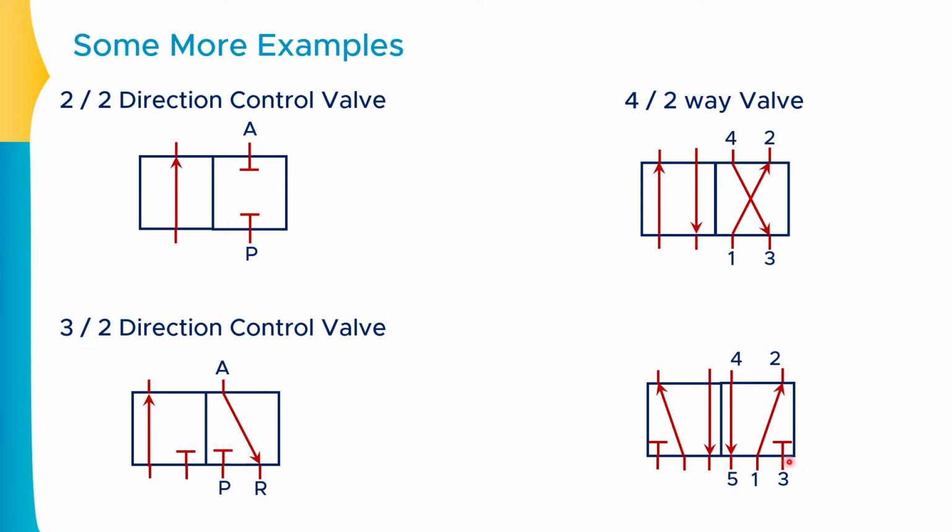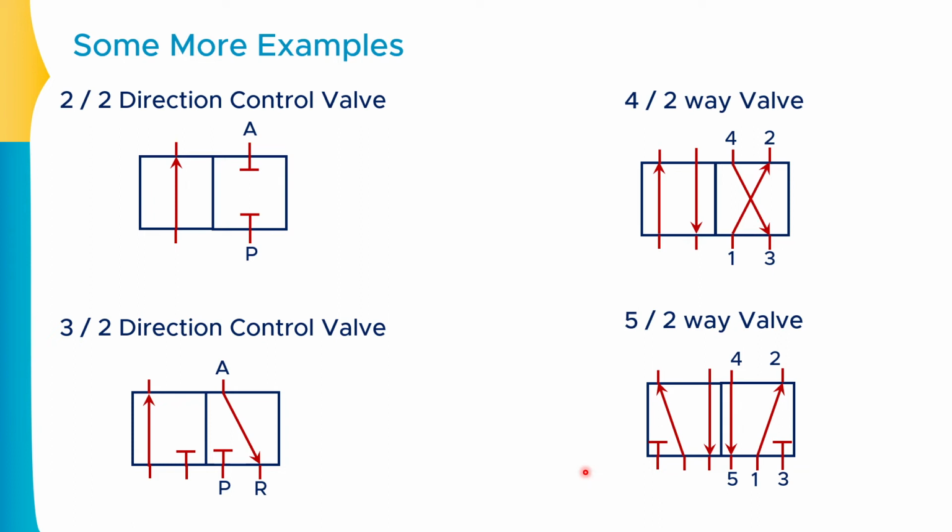And as you can observe, this is the very first position in which the fluid is returning from point number 4 to point number 5, and the fluid is going from point number 1 to point number 2, and third number is idle. So this is the first position, and in the second position, the fifth number is idle and fluid is going from point 1 towards point number 4, and it is returning from point number 2 to point number 3. So this is the second position. So there are total 5 ports available, 2 positions available. So we can say that this specific valve is 5/2 way valve, or say 5/2 DCV.